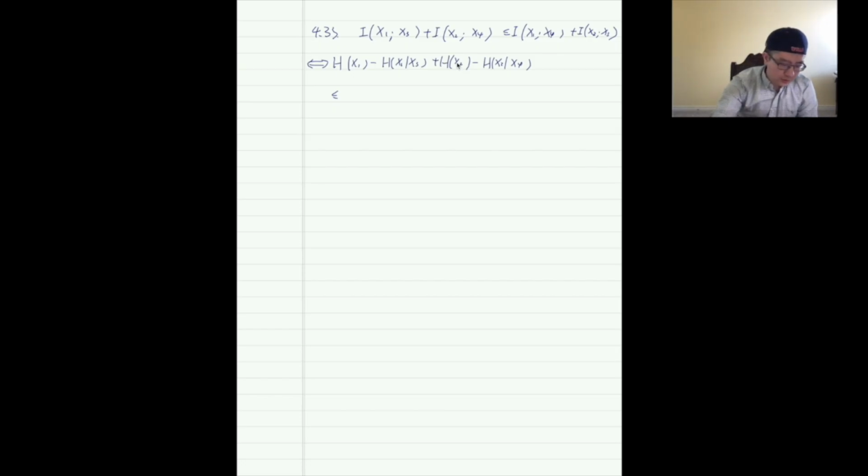On the right-hand side, we also do this: H(x1 given x4) plus H(x2) minus H(x2 given x3). Given this, we can see our life may be a lot easier. We can cancel this and cancel this. And after doing so, what we get, equivalently,